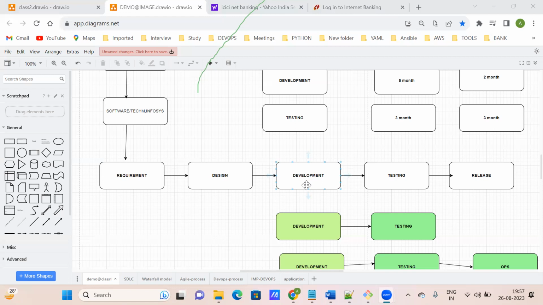Every day one stand-up call, a Scrum meeting, will be there. They discuss what they are going to do today and whatever they completed yesterday. Based on that, they finalize what they are going to do today.